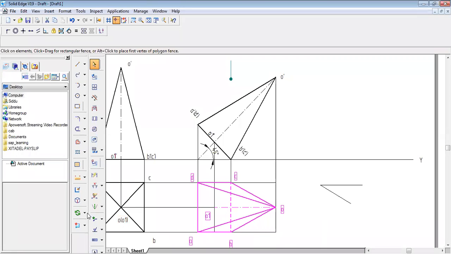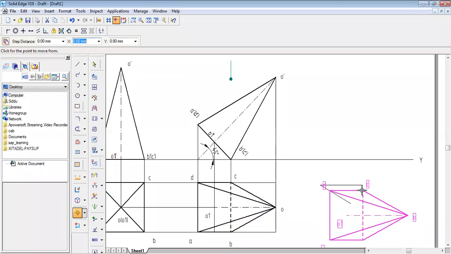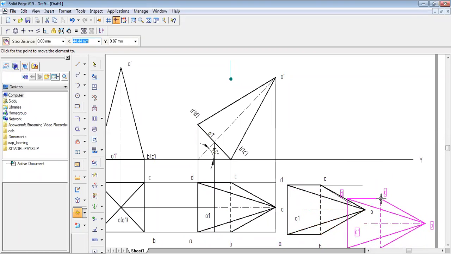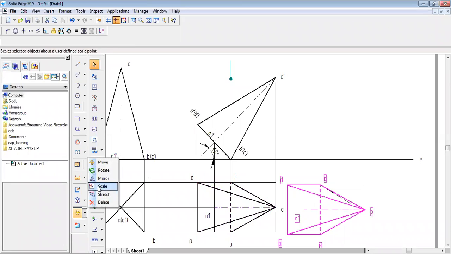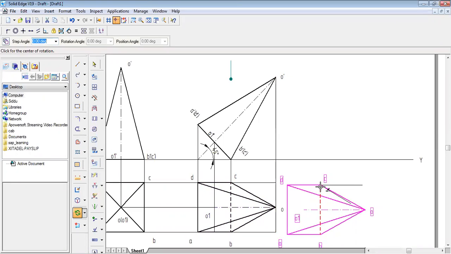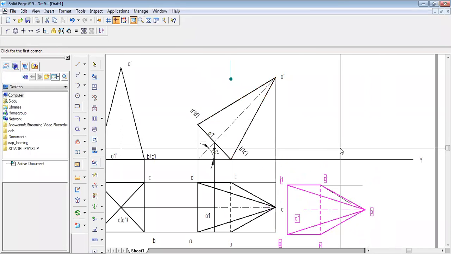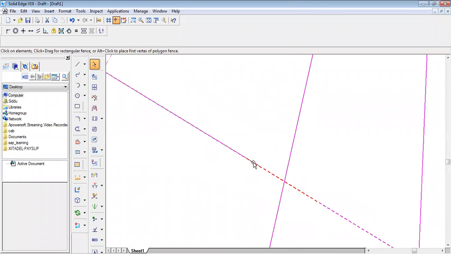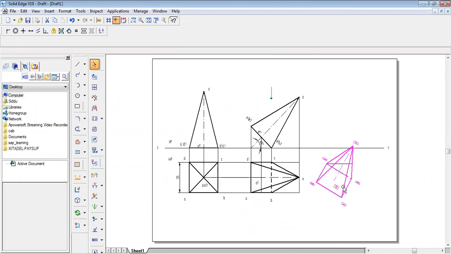So now what you just do is say move command, place it in such a way that this should place over the xy line. Now you make it rotate, ensure that this edge is resting over the xy line, and always while doing it, zoom it multiple times and then do. Okay, so this is done now.